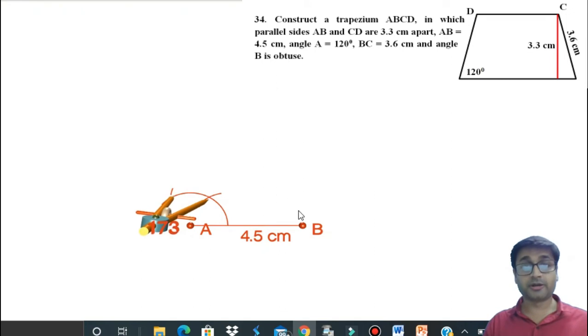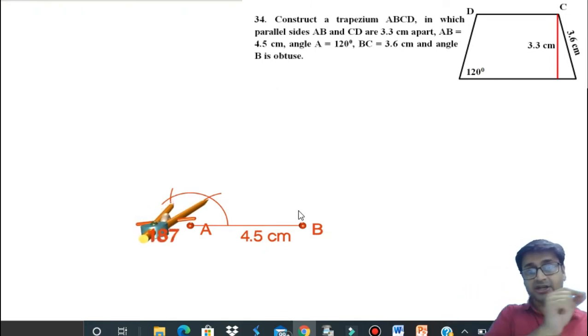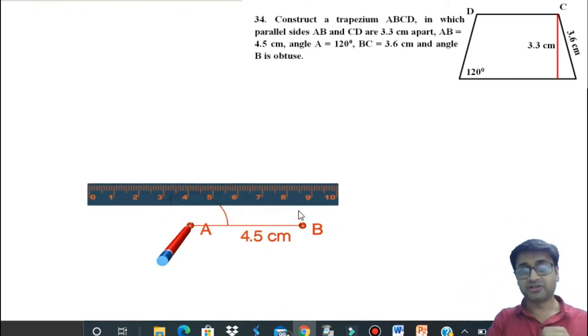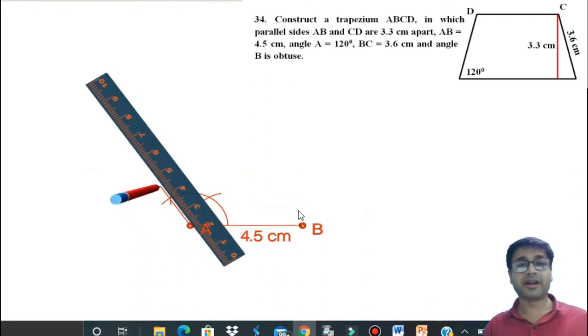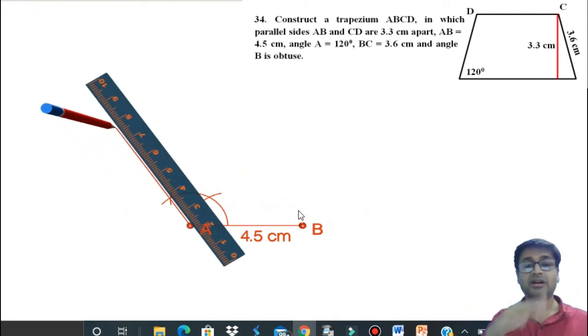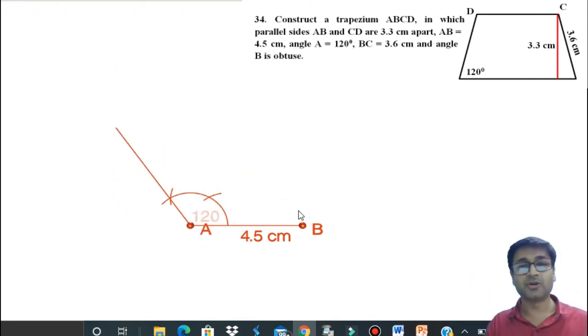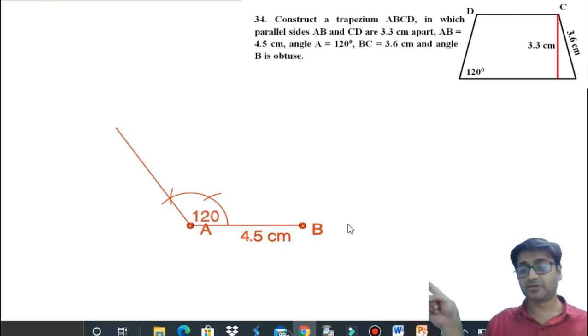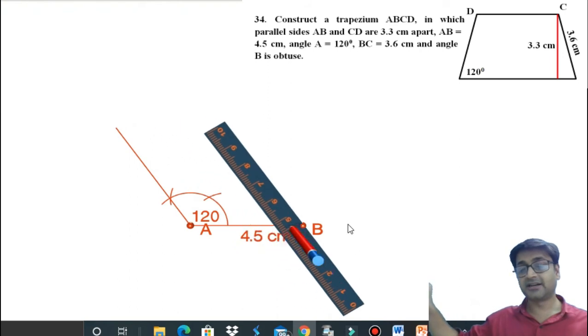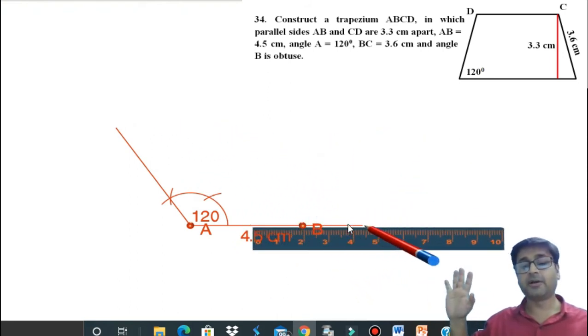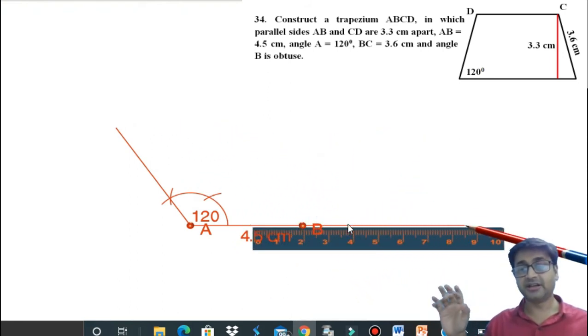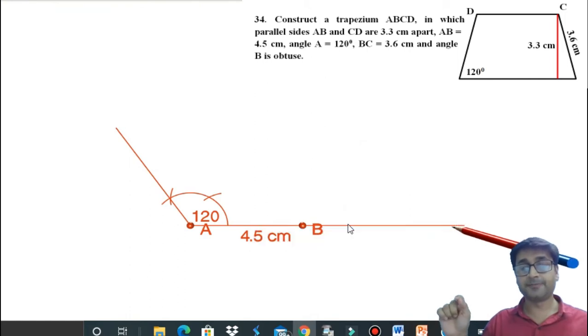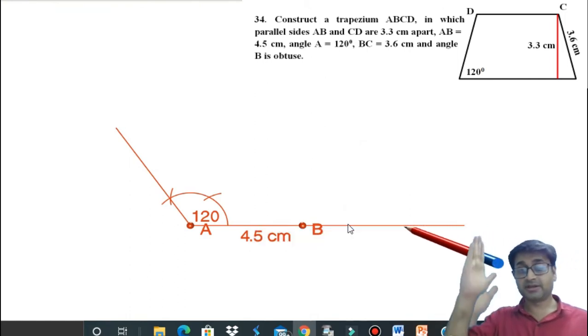Now that A is got, now the height. So extend your AB onto left hand side as usually we do. This time you do it on right hand side, because on the left hand side that 120 degrees is already there, it will look very shabby. So extend your line from B, that is this point over here, you can see right up over there. Extend it outside and anywhere take a point M. So after extending it, let's pick a point M, and from point M draw 90 degrees.